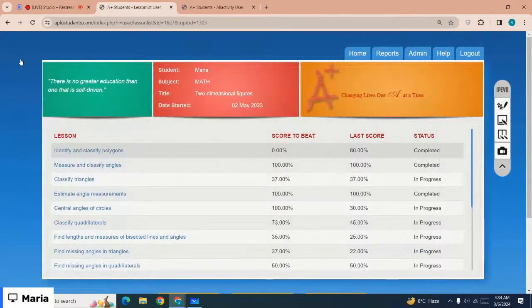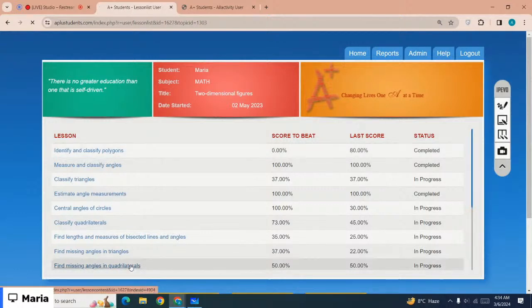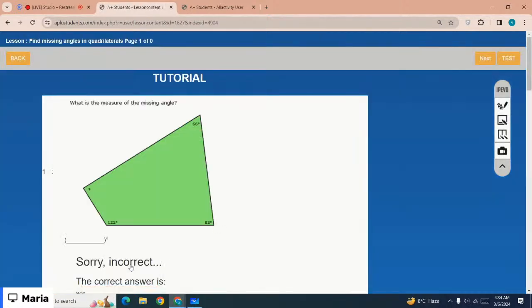The next one is find the missing angles in quadrilaterals. Basically, the concept is the same. Like for circles, triangles, and quadrilaterals, the concept is exactly the same. For the circle, the sum of all the angles is 360 degrees. For the triangle, the sum of all three angles is 180 degrees. For the quadrilateral, because it is a four-sided shape, the sum of all the angles must equal